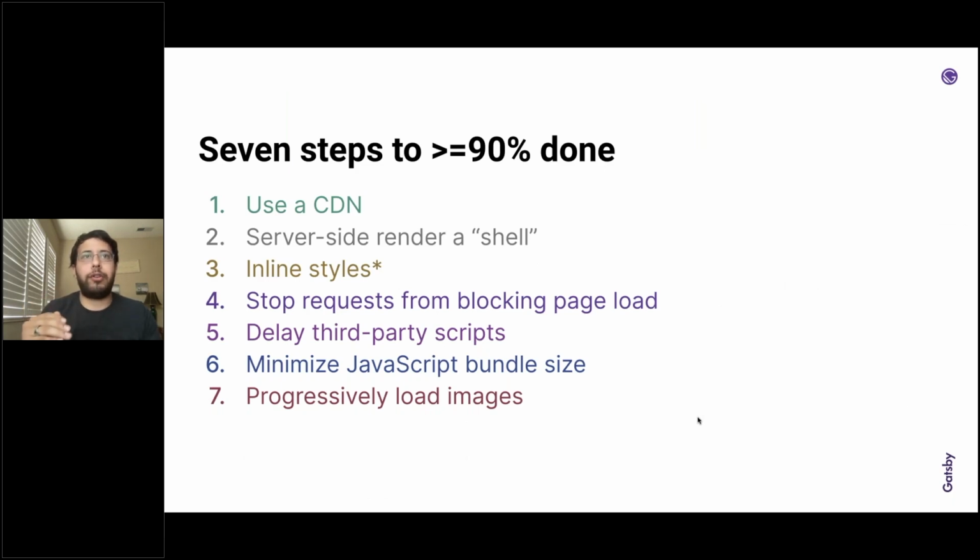So let's move on. We got a little bit of a preview of this because I was talking about what was making that optimized website load faster than the unoptimized website. But really, it comes down to these 7 steps that get us to generally 90% done in terms of performance optimization. Now, there are always going to be things that are specific to your site, and sometimes those things are big enough that you need to do extra things. But generally these are seven steps that, if you do them, you should be able to get most of the way there, or almost all of the way there, ideally.